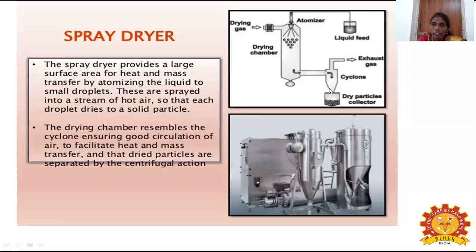After that, the material comes to the dry particle collector. Here we can collect all the particles which are dried. And then the exhaust gas. Actually, the drying gas is applied through the pipe. We are applying the drying gas only to dry the material in the drying chamber. After that, the excess drying gas will go to the exhaust area. The exhaust gas leaves through the outlet and is removed. Then here we can collect all the dry particles in the collectors.